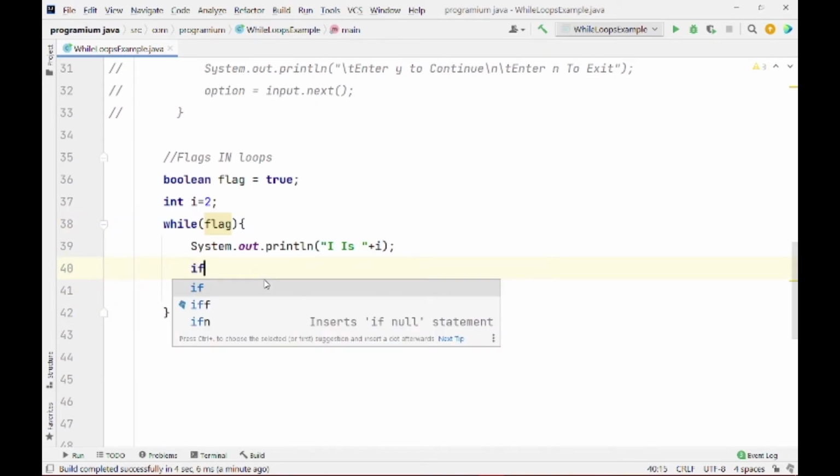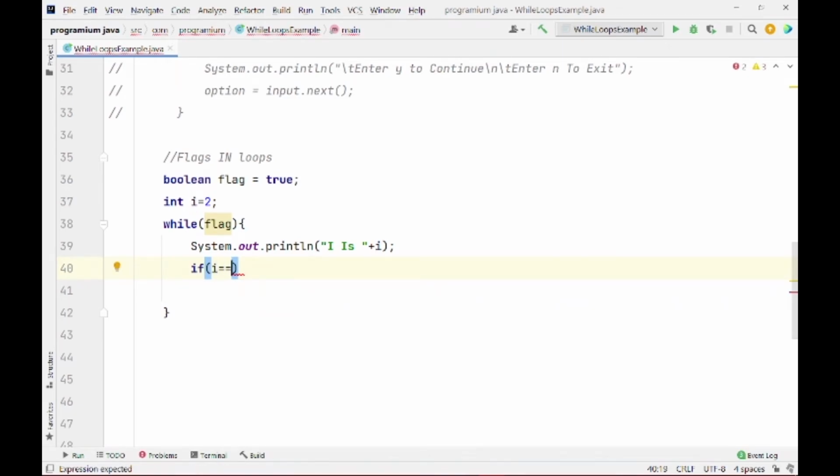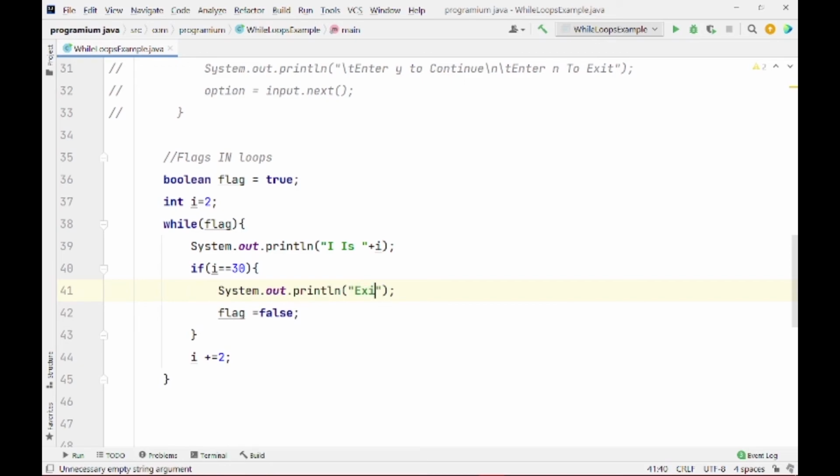But one more thing I want to do here is that if i becomes equal to, you can use whatever number, for example I am writing here 30, then it would set that flag to false. You would see that i is 2, so how would it be converted to 30? For that we can use i plus equals 2. And if this condition is executed, then I am also printing exiting program.